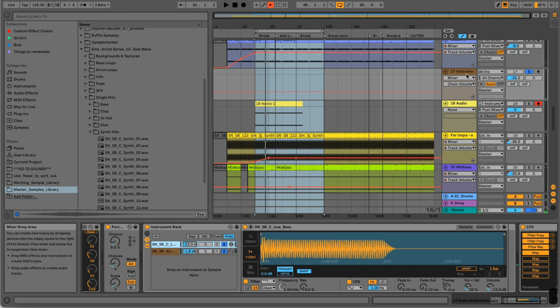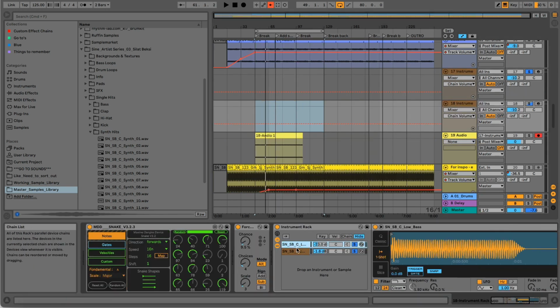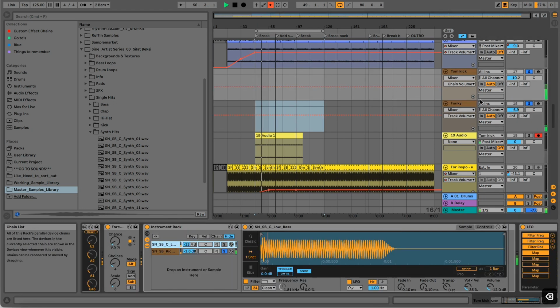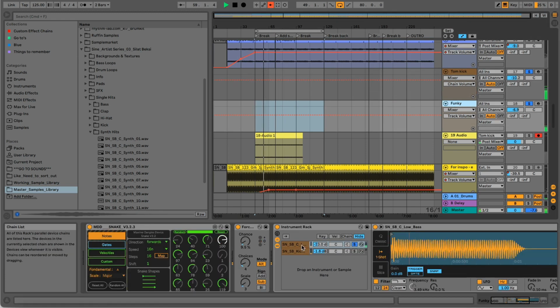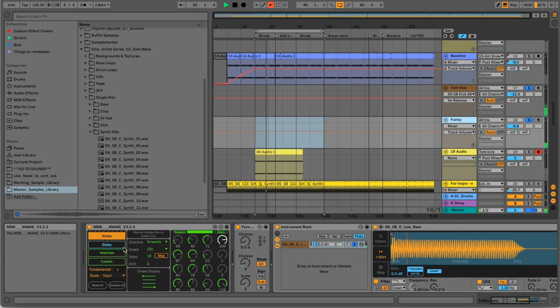I have another idea. Let's copy that. Now let's use just the kick on this one and this funky sound as kind of the bass line. Funky. This one, my idea was actually